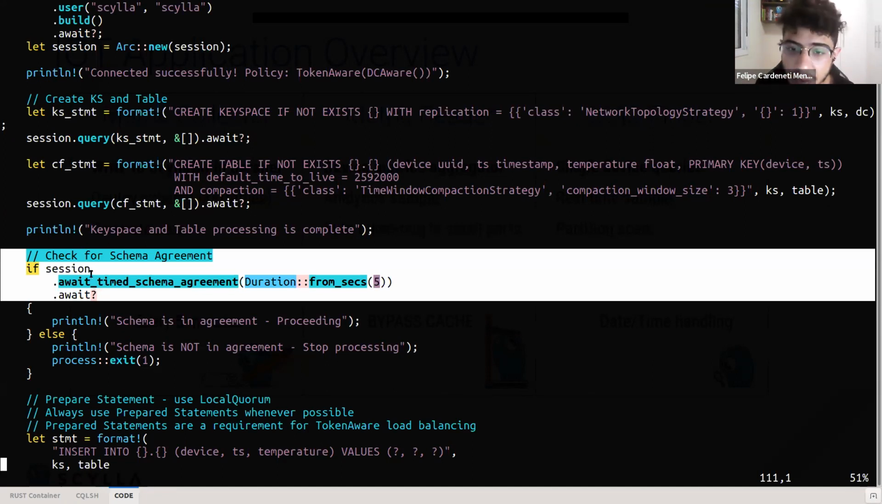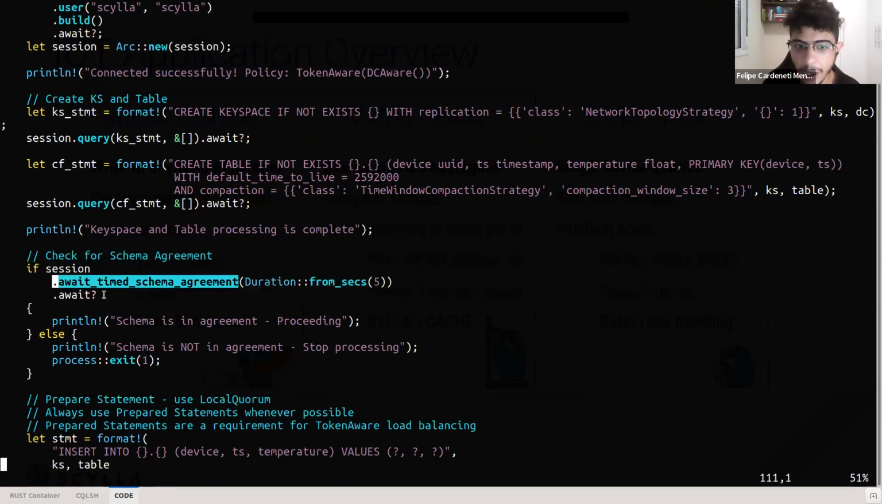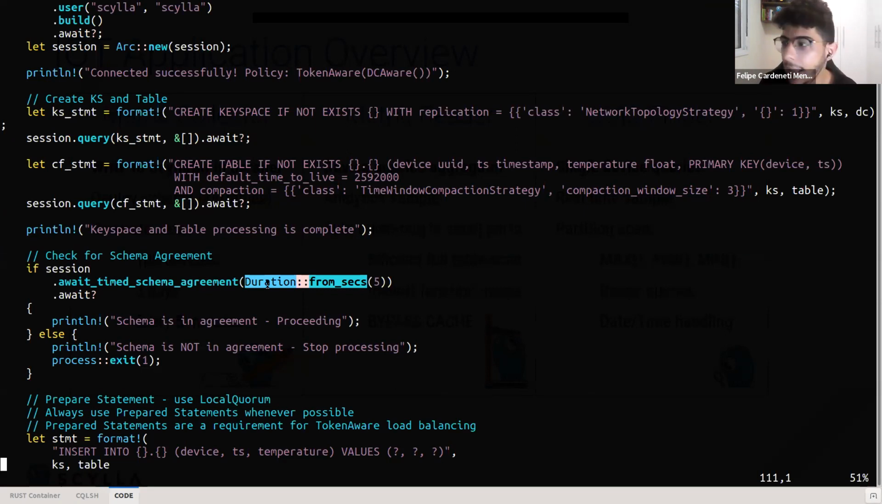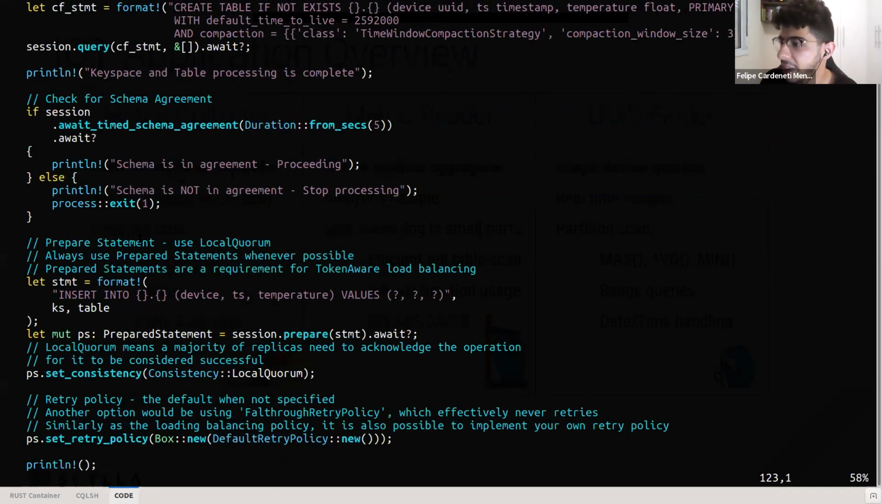And the Rust driver similarly has a function that we can call in order to check. And we can also specify for how much time we are going to wait before proceeding with our processing. In this example, we are telling the driver to wait for up to 5 seconds. Okay, so after we are past the keyspace and table creation steps, the next steps that we have is to